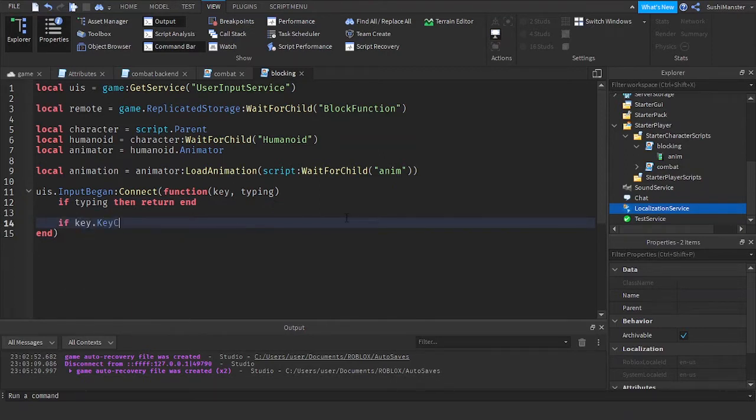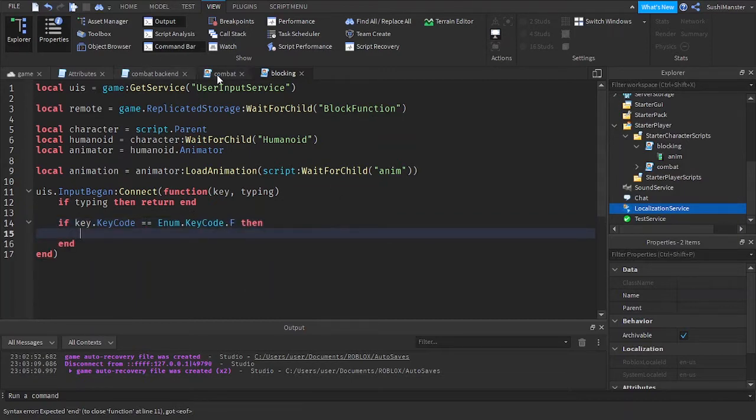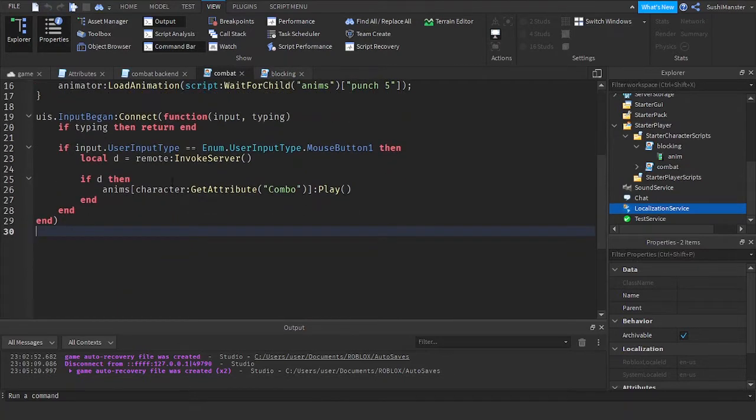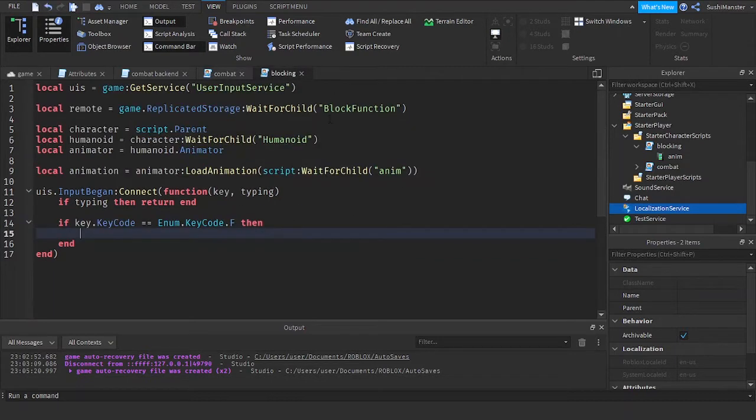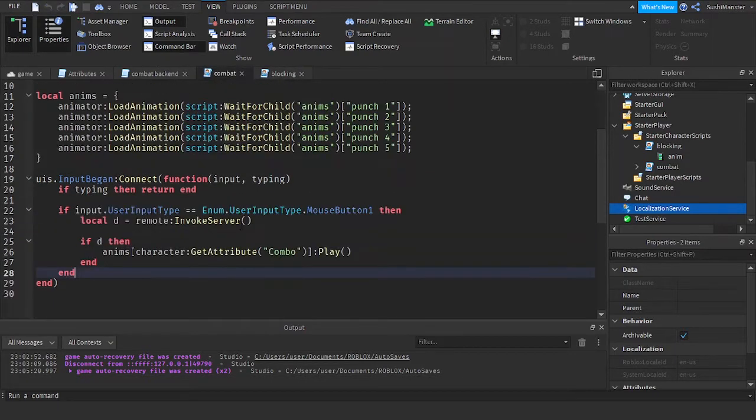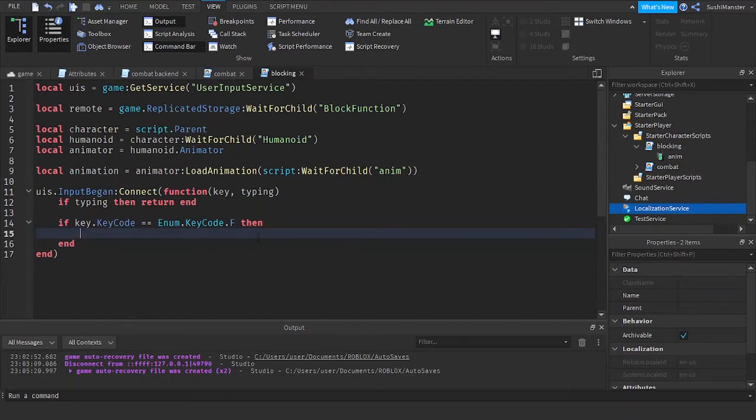If key.KeyCode equals Enum.KeyCode.F. The key code is up to you, but I'm gonna use F. And for the clicking, it uses input type, but for keys, it's gonna use key code. This uses input type for M1s, for clicking, and this uses key code for sensing keys. Then we're gonna fire the remote, invoke server,